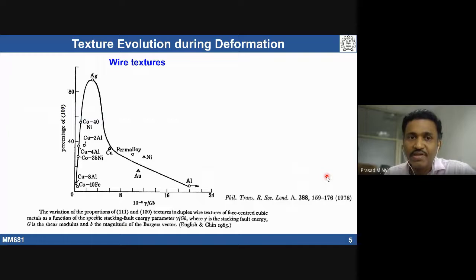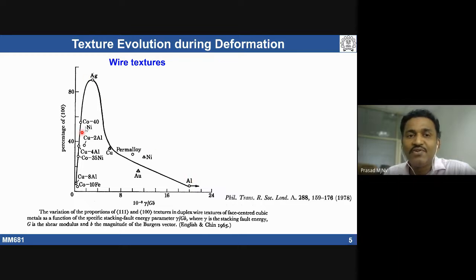Then we also discussed, when you draw wires, the wire textures, we typically use fiber textures. We usually talk in terms of fiber textures. What fiber texture is going to evolve during wire drawing also depends on the stacking fault energy of a material. If you take aluminum, which is a high stacking fault energy material, and silver, which has low stacking fault energy as compared to aluminum,